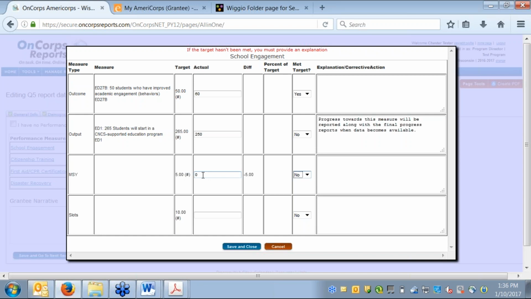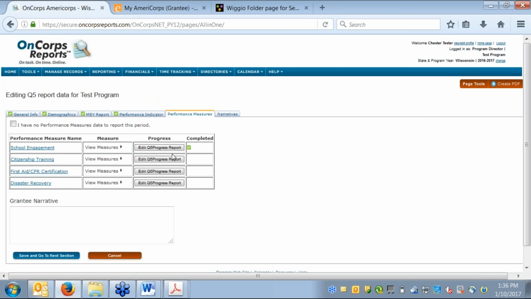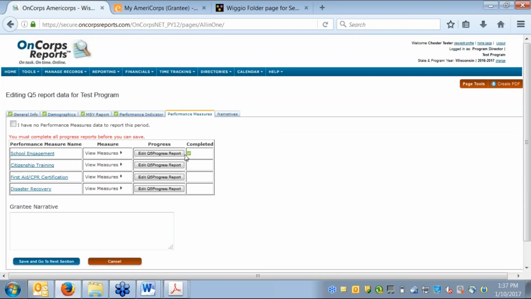And in these MSY and slots sections, you're going to put zeros in, and then you're going to change these met target areas to yes, even though these are areas that you are not required to report data in. So we have you put zeros and yeses in there. Otherwise, you're going to get the error message that I just did. So we do that. Now our first PM progress report has been submitted, and you get a green check mark there. So we're going to save and move on to our next section,